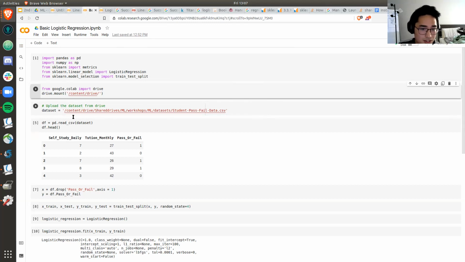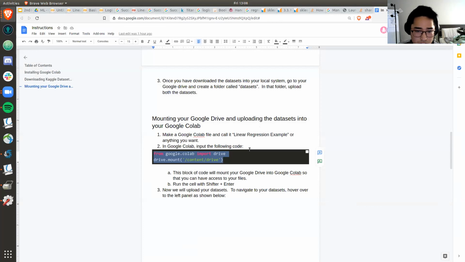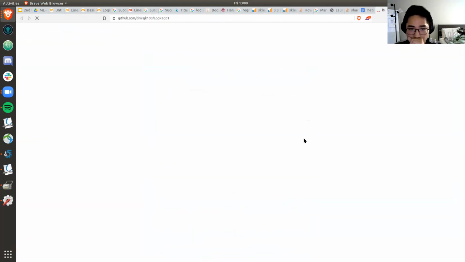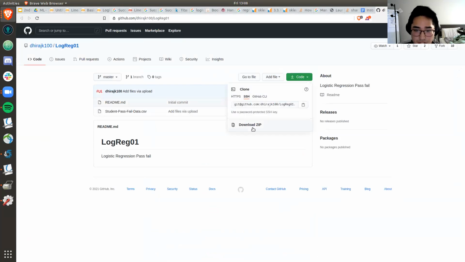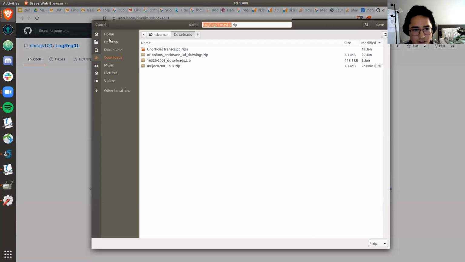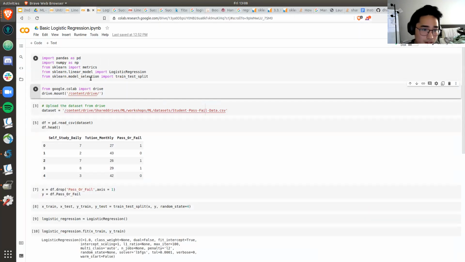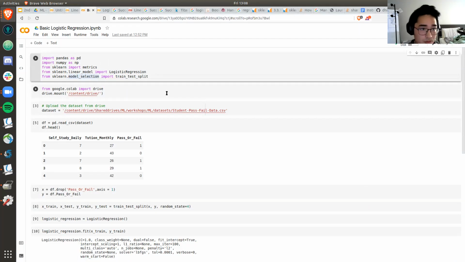For this data set, we're dealing with student pass/fail data. If you want to download it, under the instructions I put a link to the data set. Pretty much what you need to do is download the zip file, put it in your documents or wherever, unzip it, and upload it into your folder. In this case, let me run my code real quick.